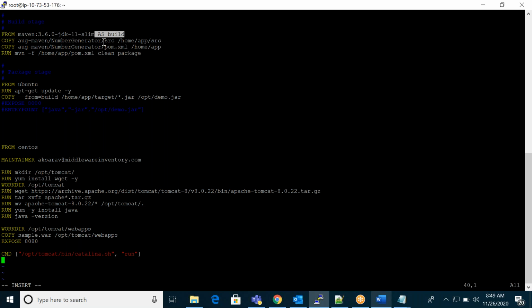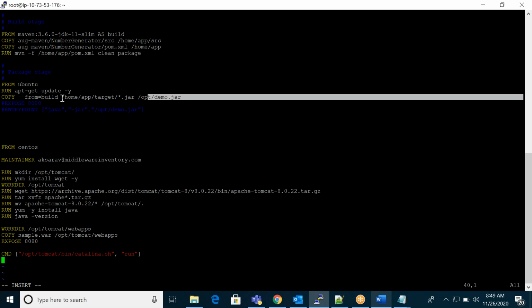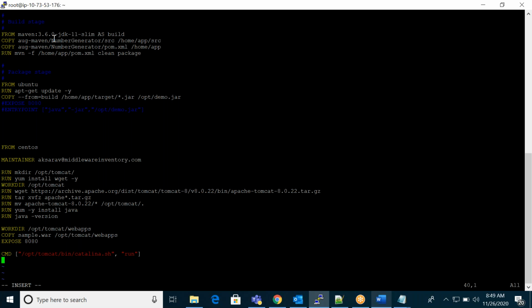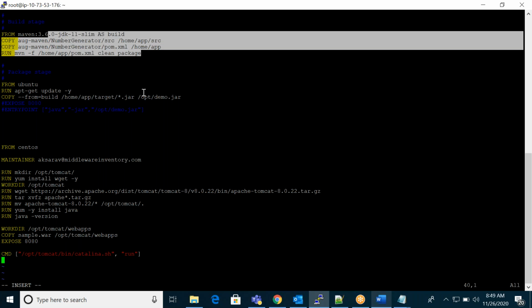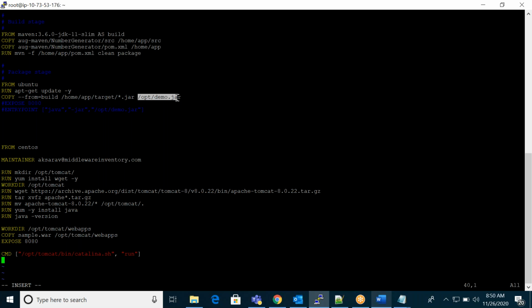So in this stage, I have one jar file. I have converted one jar file from my source code. So that jar file I am copying to a different image, to this destination location.